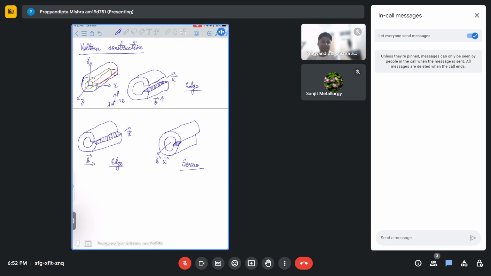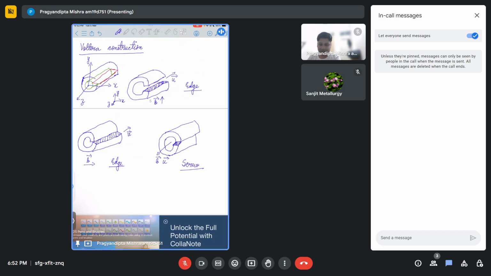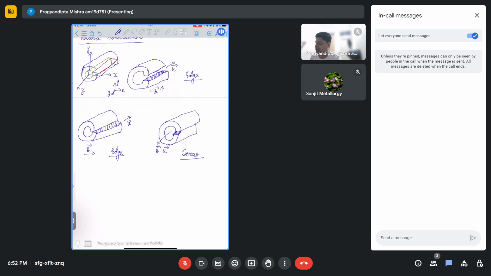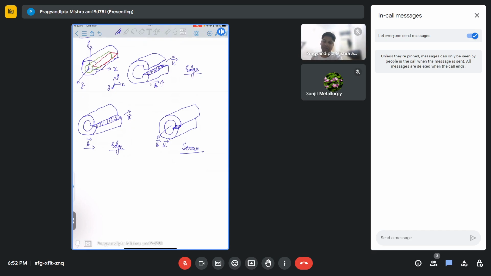Depending on in which direction the slip is happening, whether it's in the x, y, or z, and whether it's parallel or perpendicular to the dislocation line vector, we can say whether it's edge or screw. So these are the ways in which you can construct a dislocation, and then use different equations to solve the dislocation. Now if you want to calculate the stress and strain field, because that's what we're interested in for the mechanical behavior of any material system, what we're interested in is the stress and strain associated with that particular defect. So if you want to calculate stress and strain around the screw dislocation,